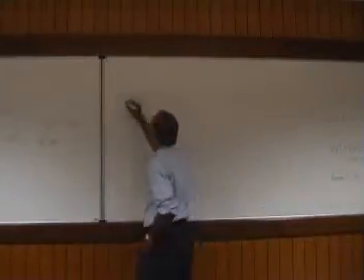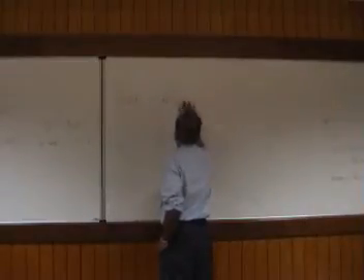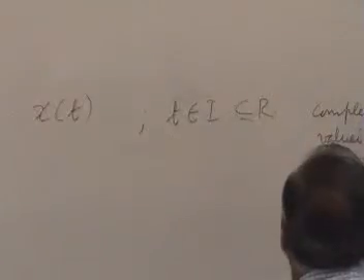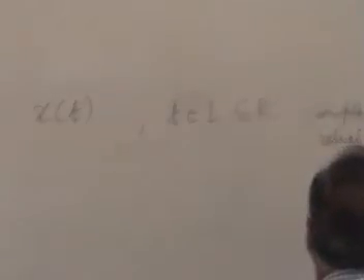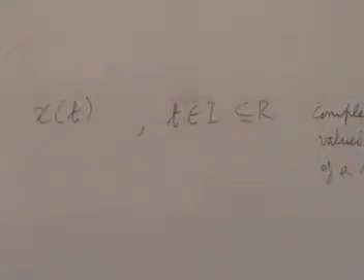So now instead of this I consider x of t, where t belongs to some interval in the real line, and x(t) is complex valued. So that is a complex valued function of a real variable, and the real variable varies over some interval which can be R or something like that. Then I have to define